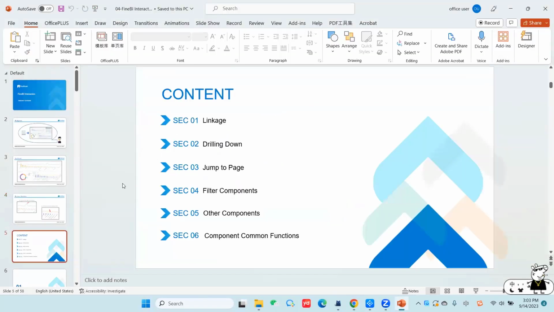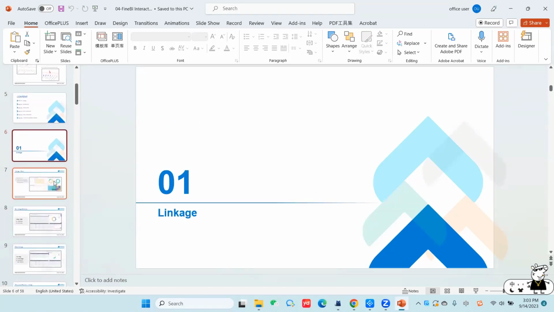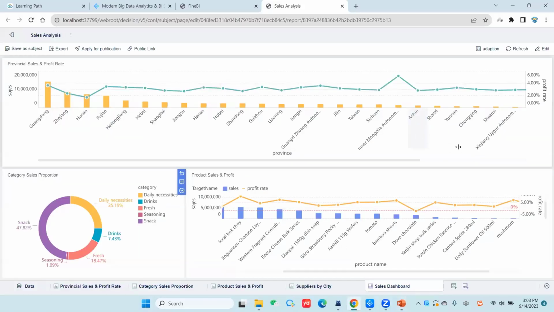So today, I will introduce you to 6 topics, and all of these will not only provide a better look of the dashboard, but also help you to introduce more interactivity to your analytical dashboards. Now let's move to the first topic. It's about linkage. So let's go back to our dashboard,